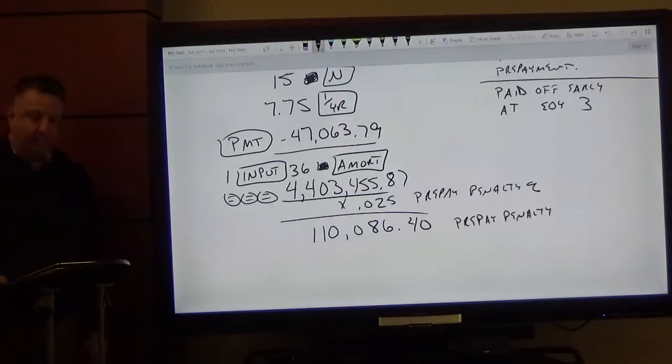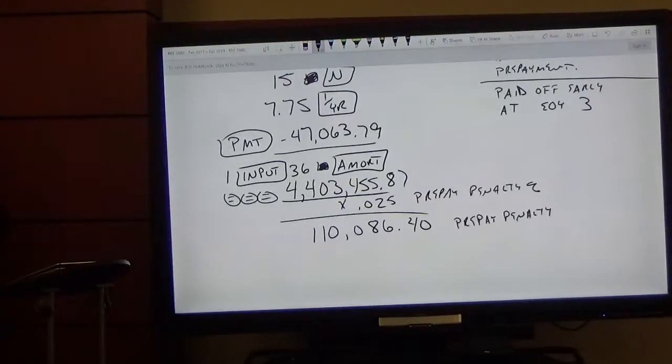Andrew got it. You'll pay that, right? Okay, so that's the amount that we're actually going to be prepaying. Okay, everybody good with that? All right. Now,